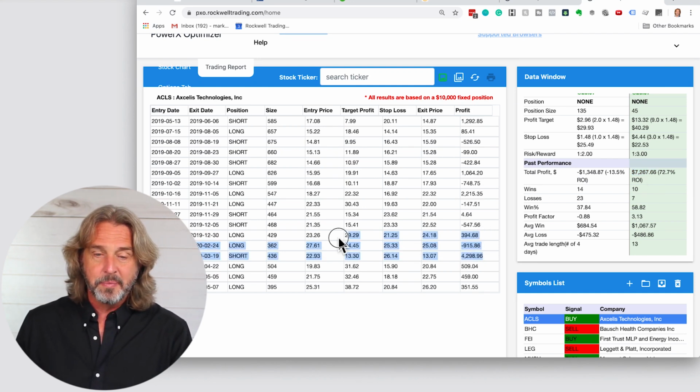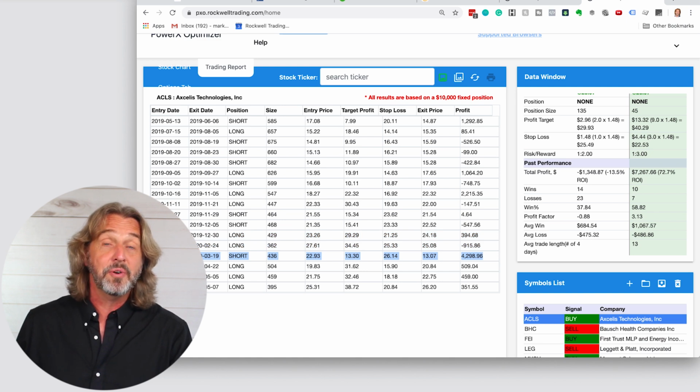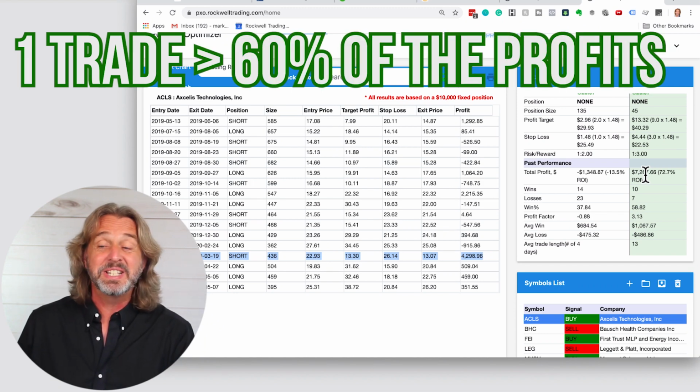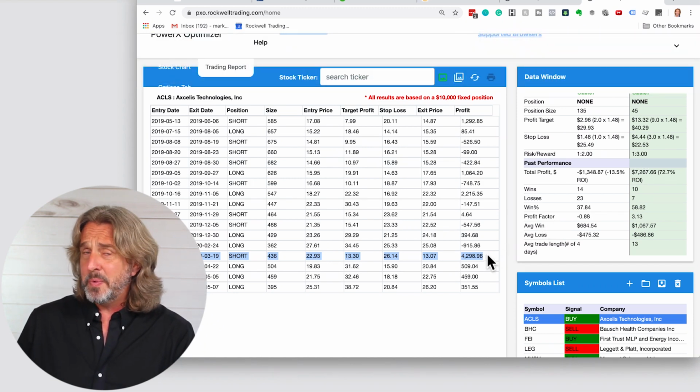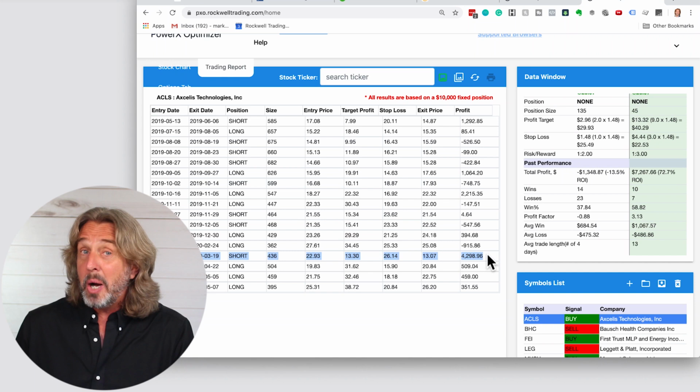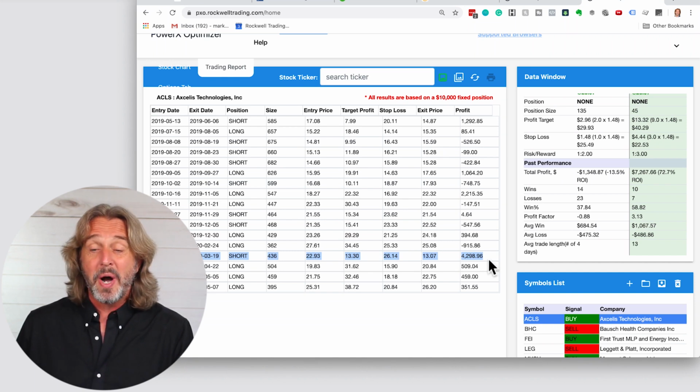But you see that between February 27 and March 19, while we had this pandemic going on, we had one trade that generated $4,300. So out of these $7,300, one trade is responsible for more than 60% of the profits. So should we exclude this? Absolutely. Because is it likely that the market will crash again over the next few weeks or months? Maybe, but probably not, right? So this is why I want to see what the results are like if I'm excluding